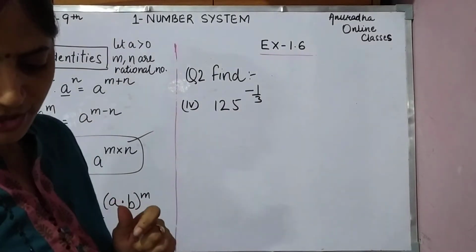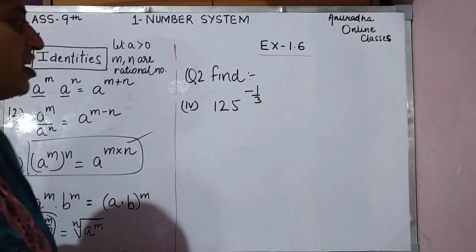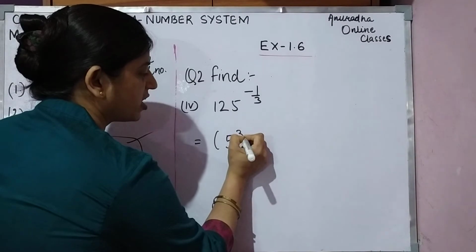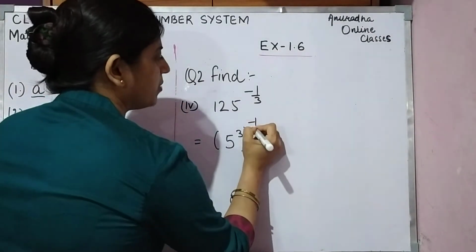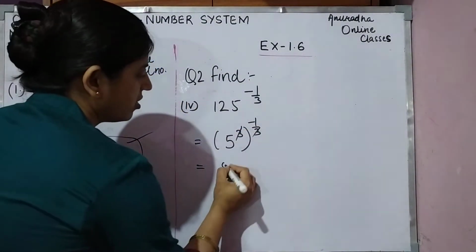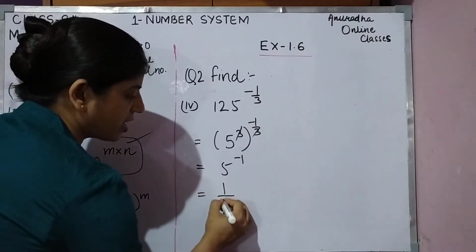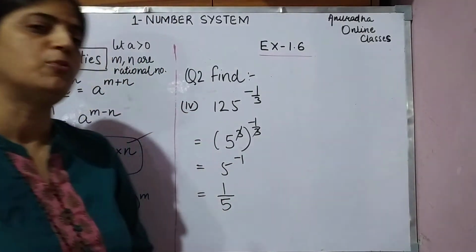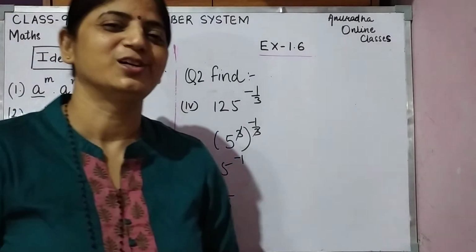See children, third question is also same. This fourth part is little bit different, so I am doing it here for you. This is equal to, 125 को we can write 5 की power 3. And outside it is minus 1 by 3. So 3 and 3 is cancelled. What is left? That is raised to power minus 1. तो we can write it in this way. Power minus 1 है, तो जब हम उसका reciprocal करेंगे, then it will become positive sign. Okay. So our answer is 1 by 5. Now let's come to the third question.